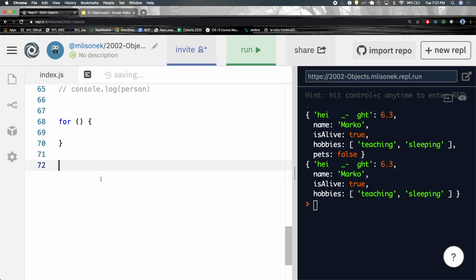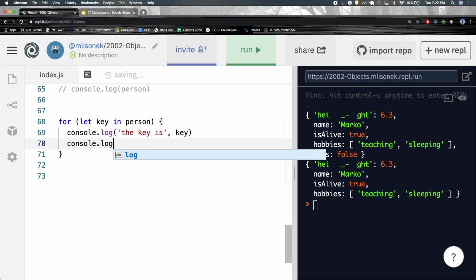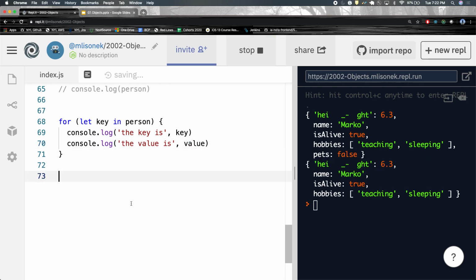So you start off the same way you would a regular for loop, right? However, instead of let i equal this, you do let a variable name, and this could be anything. What it's going to be will be a key in the object you're looping through, the person, okay? So if I console.log, the key is key, and then I console.log, the value is value. What I get